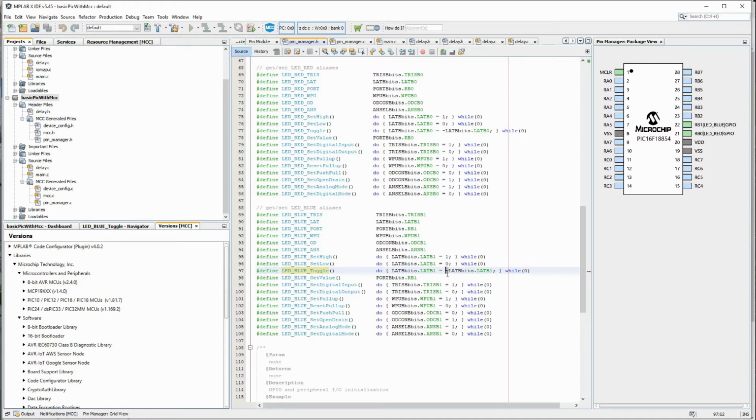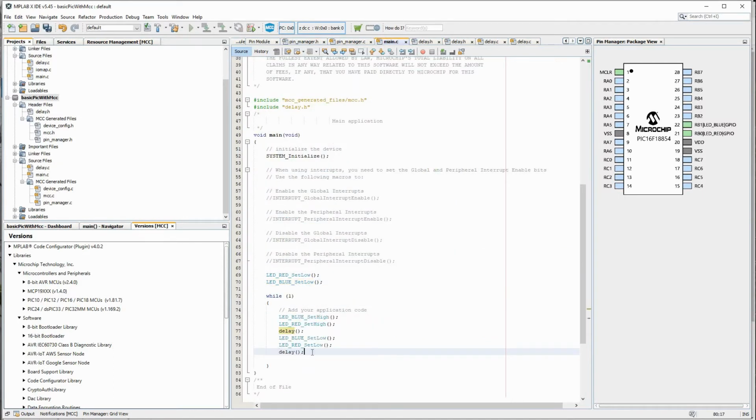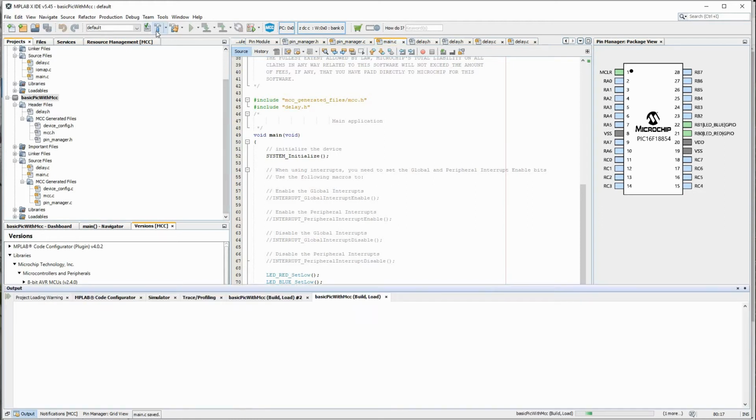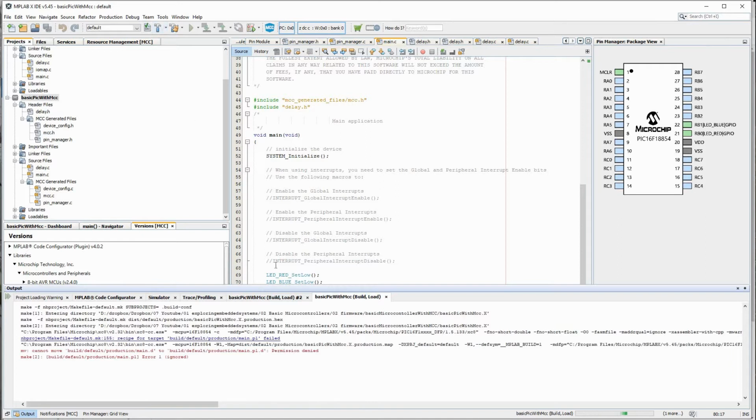This is the command to toggle it. Means if it is high, it will go low, and if it is low, it will go high. Let me first use set high, set low, and then we will use this toggle, and I will show you. Delay. Let's build this now. Build failed.